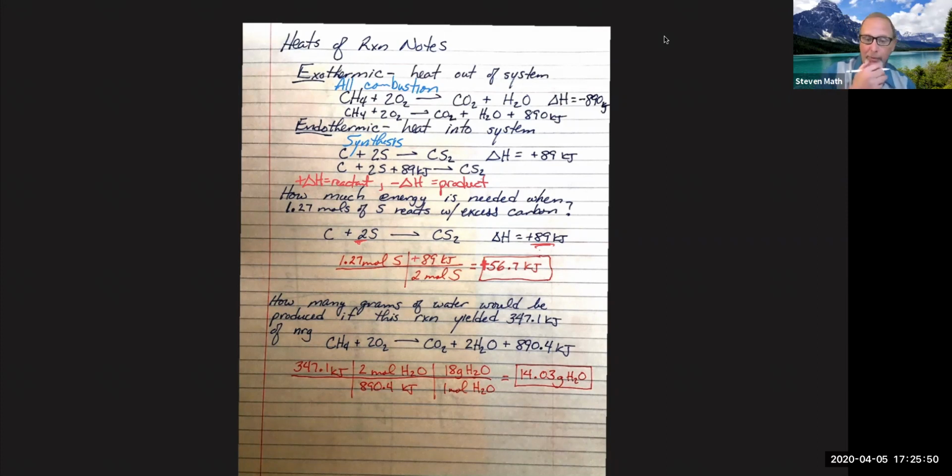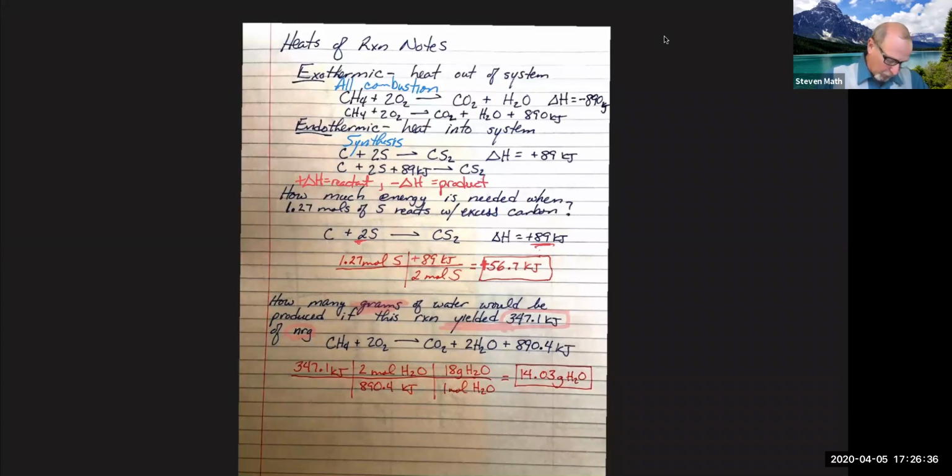Let's look at our other example where we want to generate a certain amount of energy and we want to know what quantity of material we are going to need. So now in this one, how many grams of water, grams is what we're looking for. We're just going to highlight that real quick. How many grams of water would be needed if this reaction yielded 347 kilojoules of energy? It yielded, it produced, it's exothermic. That's going to be a product, all right? Yields, produce, product, exothermic. Either way, take that 347.1 kilojoules,